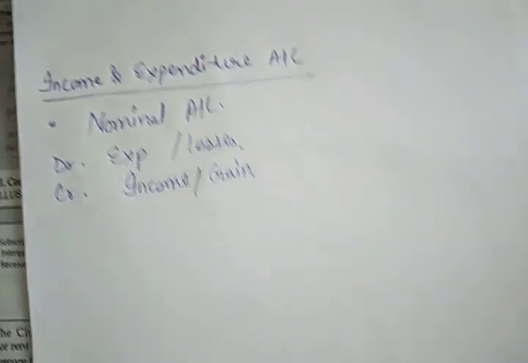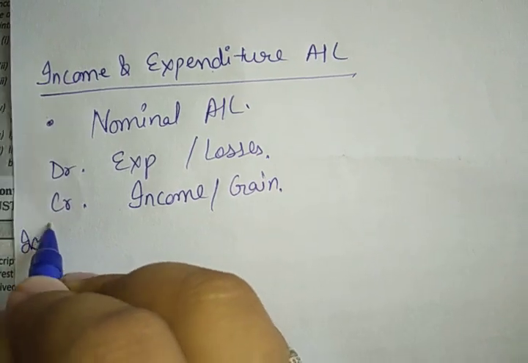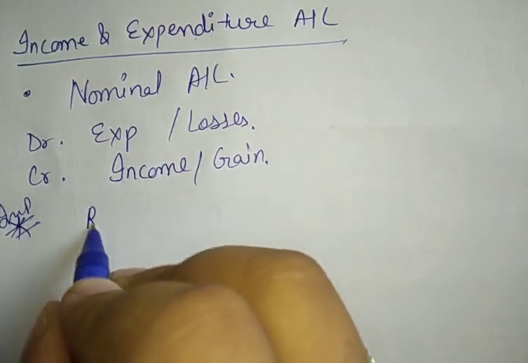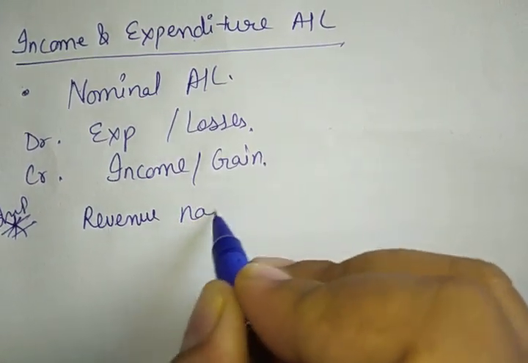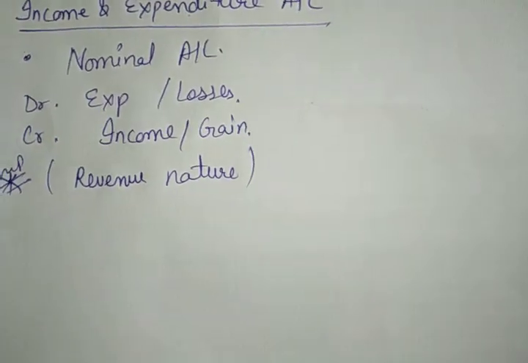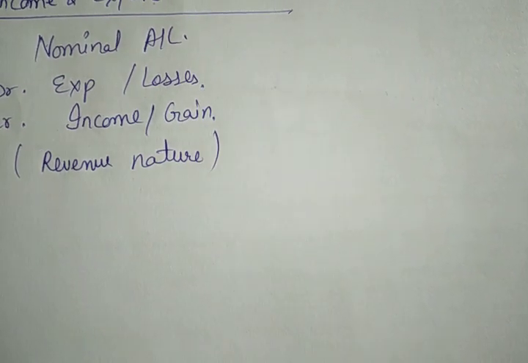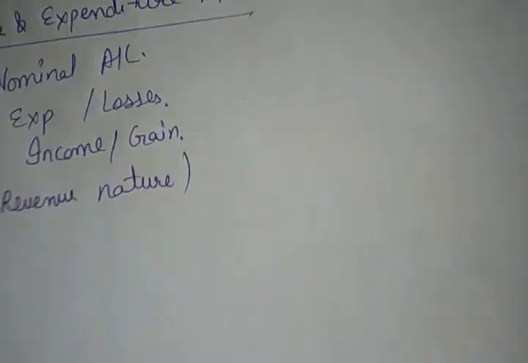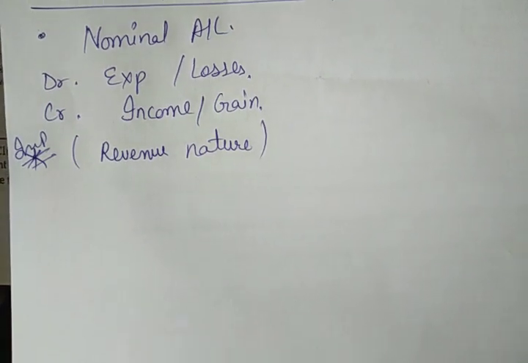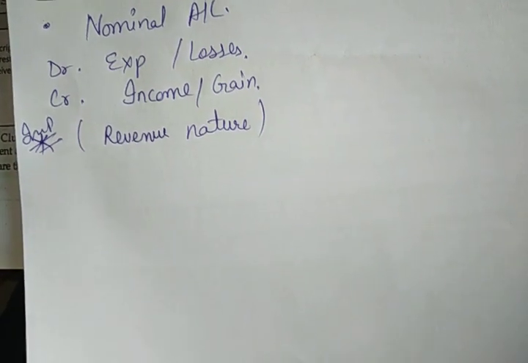Similarly, this account will also be made for one year, but a very important point to be considered is that in the income and expenditure account, we will be recording revenue nature items only, and the capital nature items will be ignored. I hope you all know what revenue and capital nature items are, because that is a very basic concept. Revenue nature items are the items which occur on a yearly basis, or which happen every year, but capital nature receipts and payments are those which are made once in a number of years.